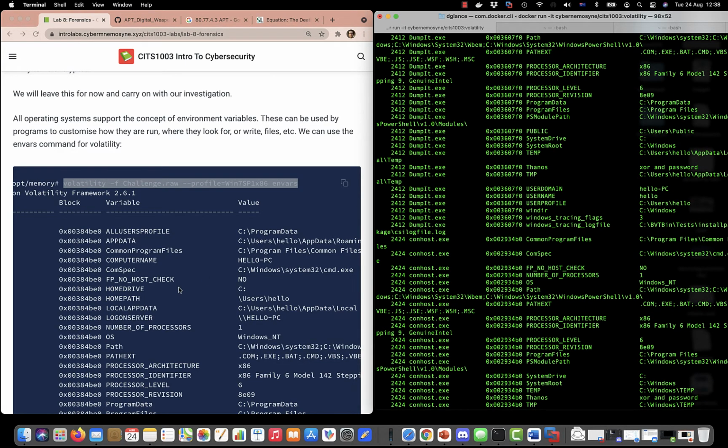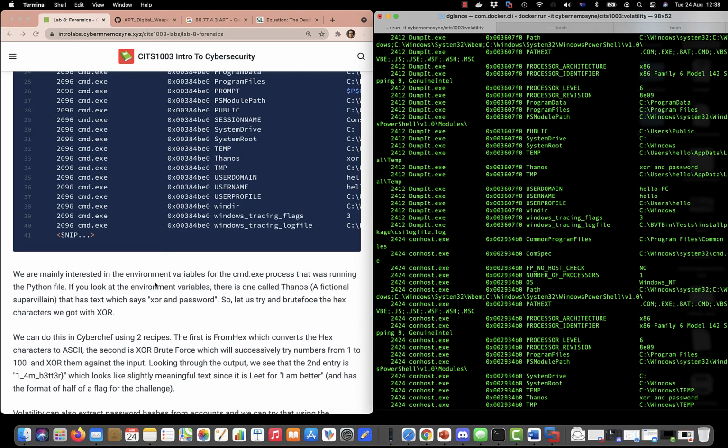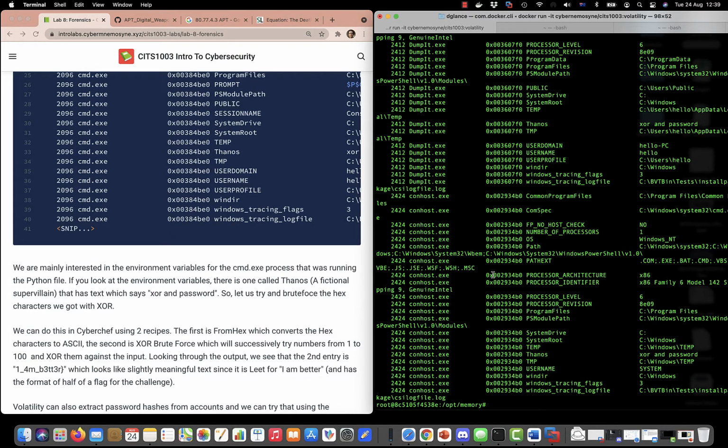There's an awful lot of them, and we're mainly interested in environment variables for the command exe that was running the Python file. If you look at the environment variables, there is one called Thanos, which has the text XOR and password. So this is a little bit contrived, but let's just do that again, but we'll pipe that to